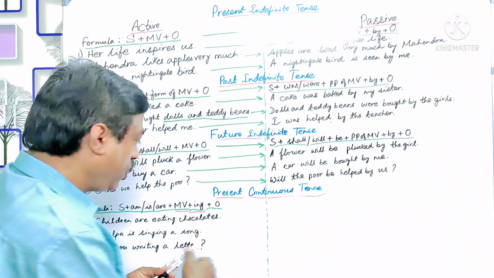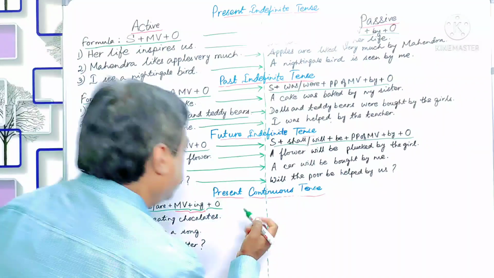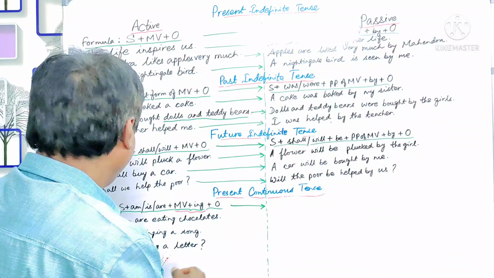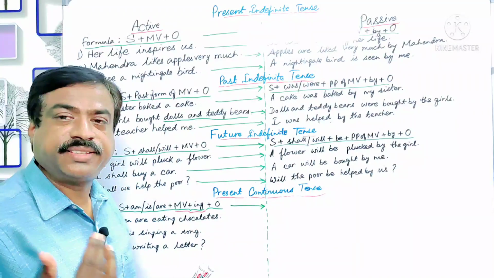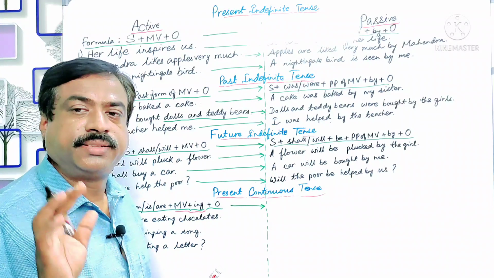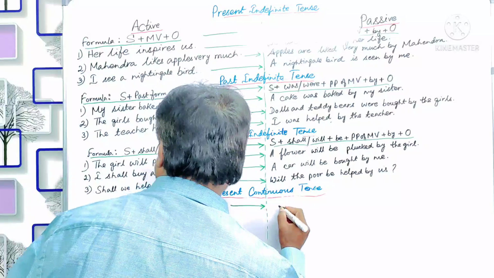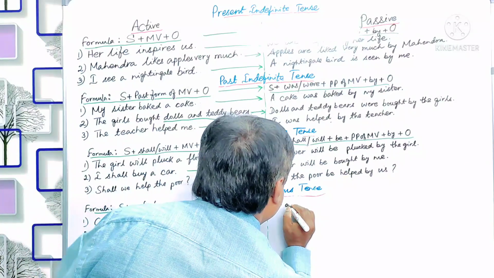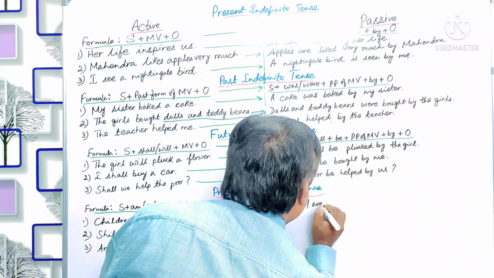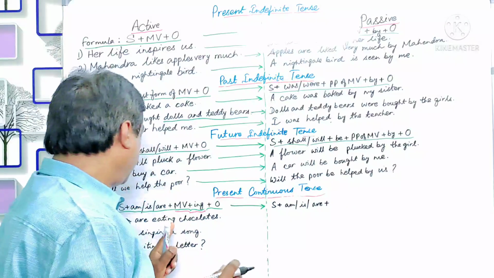So this is what you have to just keep in mind. And the formula here changes. So what does the formula change to? Subject plus, as it is, am, is, are, plus